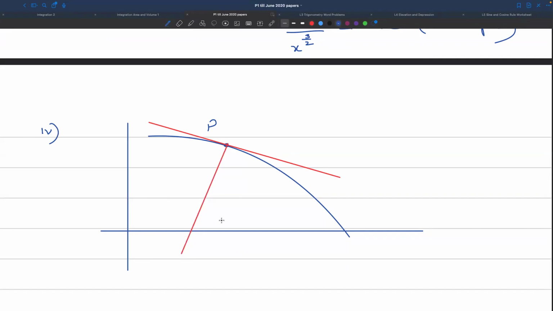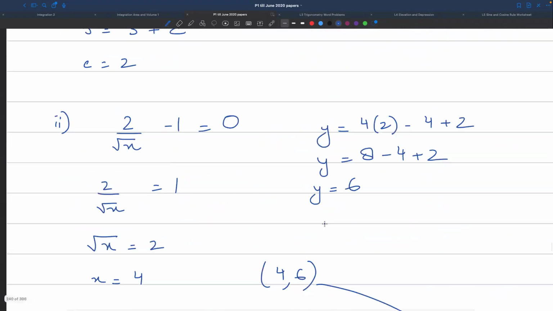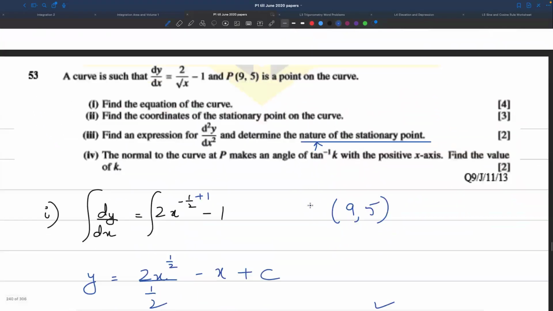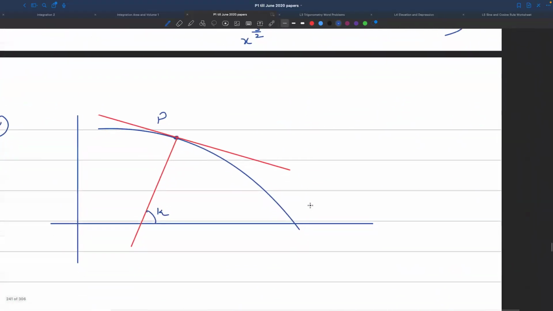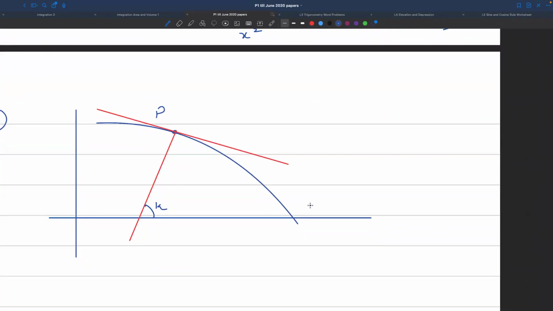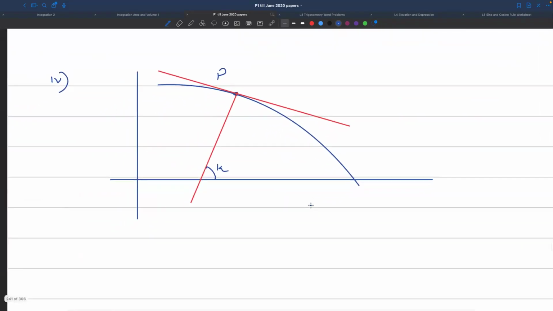What the question is saying: the normal to the curve makes an angle of tan inverse of k with the positive x-axis. Find the value of k. Beautiful. अब आप लोग गौर से सुने इस चीज को. देखो बेटा, this is something that you will be using moving forward with many of your questions. और इसमें आपने समझना क्या है कि